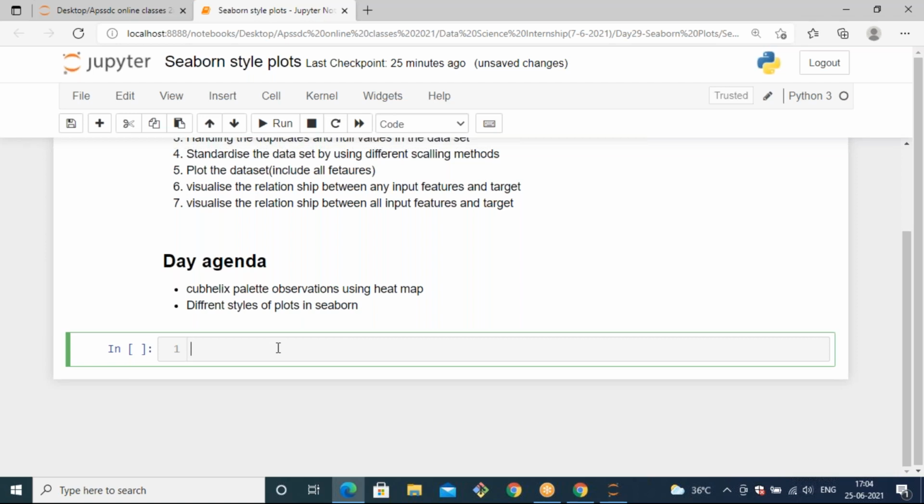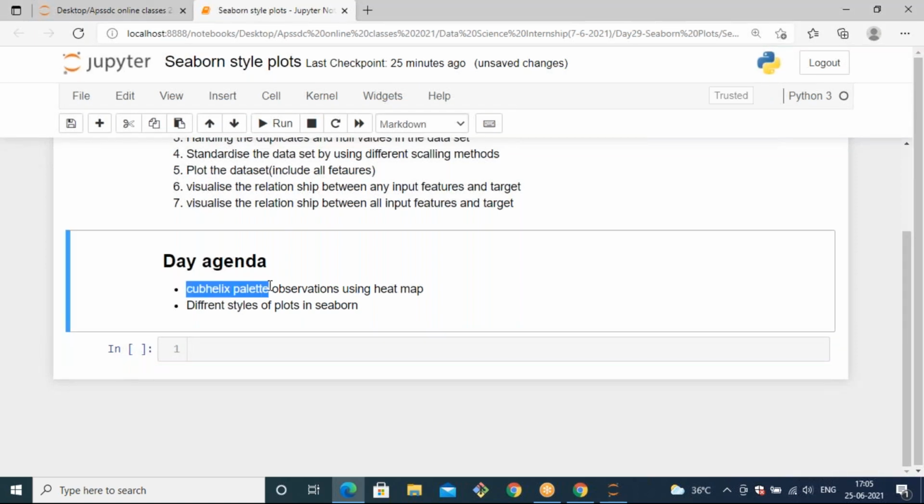Whenever the correlation has a value of one, it means those features are the best related. If you want to visualize that correlation with respect to color mapping, then we can use this heat map. A heat map generally visualizes a distribution based on the color intensities. Let's see how to apply a heat map for the cube helix palette so that you can easily observe how the sequential color varies from low intensity to high with respect to the numbering.